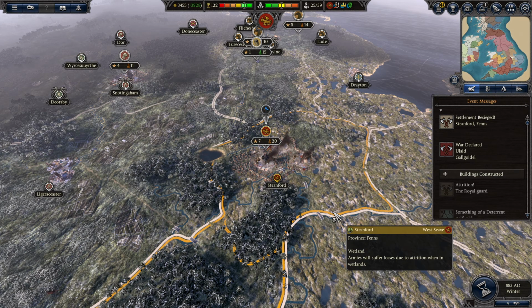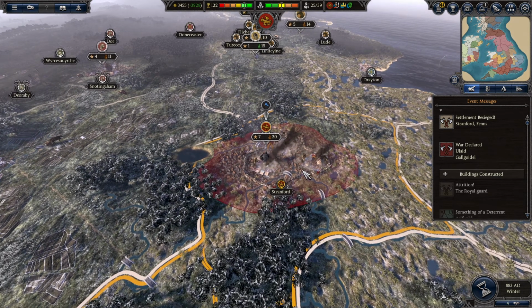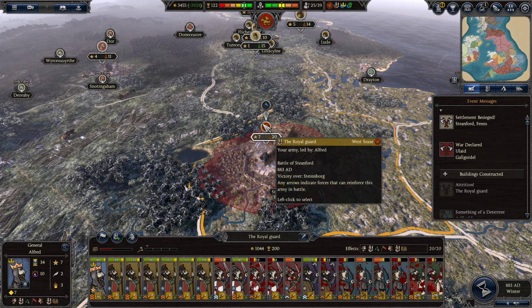This is Lord of History, and we are back with part 8 of our West Saxe campaign for Total War Saga: Thrones of Britannia. So last time we captured the city of Stanford, and well, even though we captured the